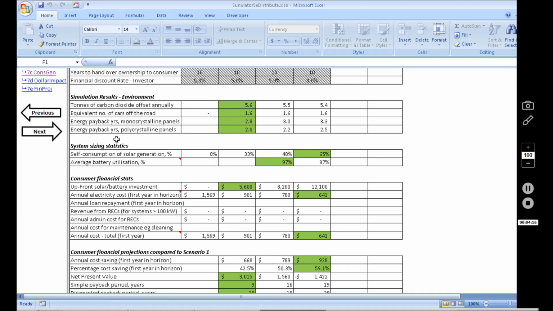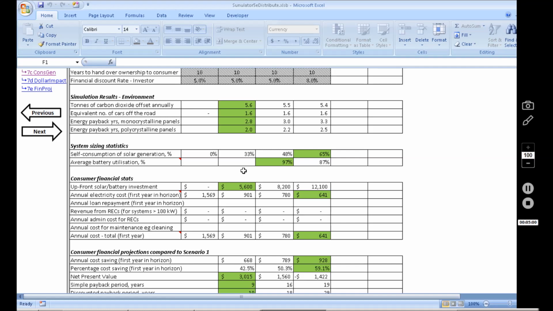Okay, some statistics on the system sizing. Again, we saw this in the quick results. So the self-consumption of solar generation, that's what proportion of solar generation is used on site rather than being exported out to the grid. With no battery it's 33%, small battery 48%, big battery 65%. So having a battery helps you to use more of your solar generation yourself rather than exporting it, which is good to see, and that's the reason why most people are installing batteries